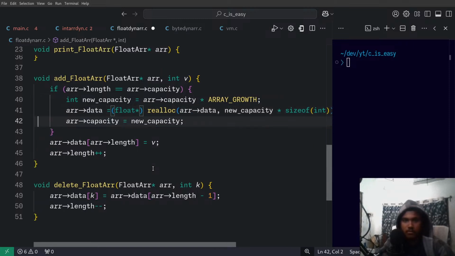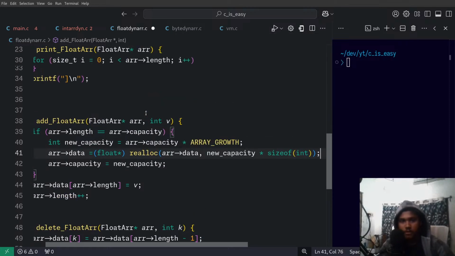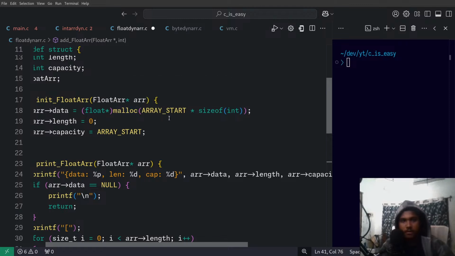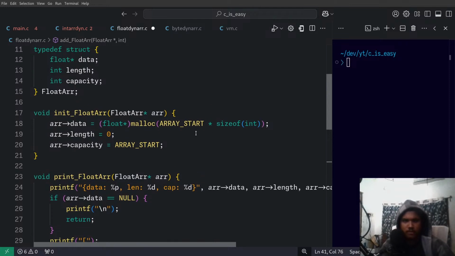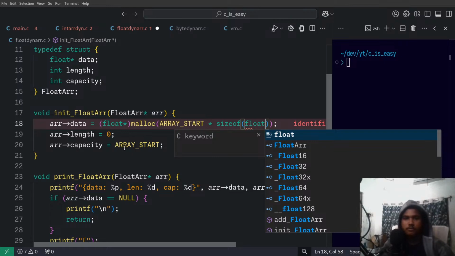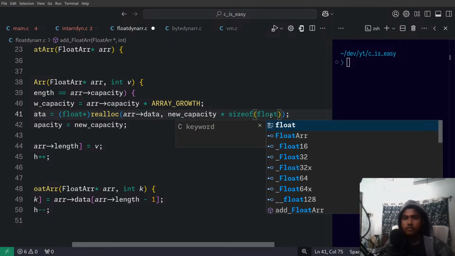And there was a bug in the code. If you haven't noticed, in the previous stream we didn't multiply it with the size of int. Realloc or any kind of allocation takes input in byte form, like how many bytes we have to allocate. So if we want to allocate 5 floats, we have to do 5 times size of float, so it will be float here, and it will be float here. Okay,